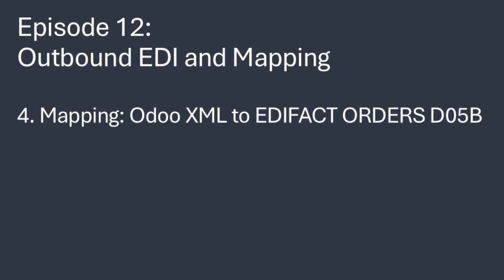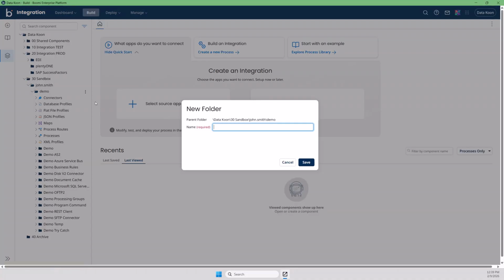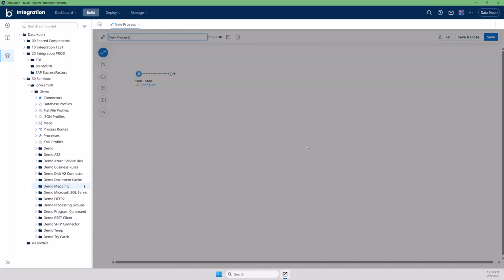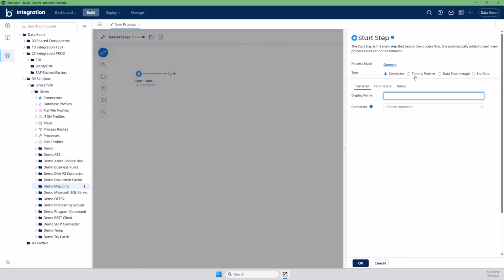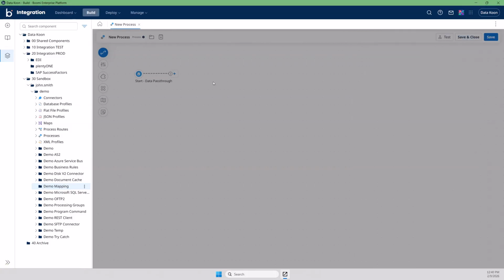Mapping Odoo XML purchase orders to EDIFACT orders. Welcome back to Boomi. Now we will set up a new process to demonstrate the mapping capabilities of Boomi. So I have a folder here, demo mapping. Then I create a new process. Type data pass-through because I want to use this process later